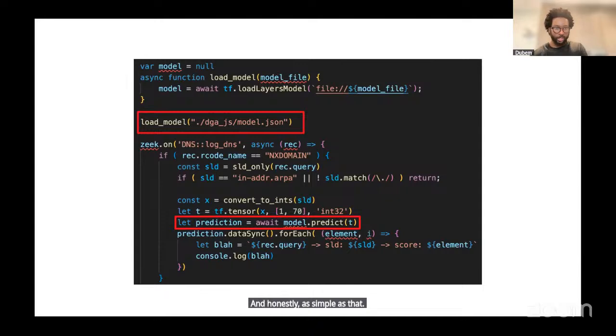And it's honestly as simple as that. I think a message came in. Yeah, Christian, it's set. So, anyways,